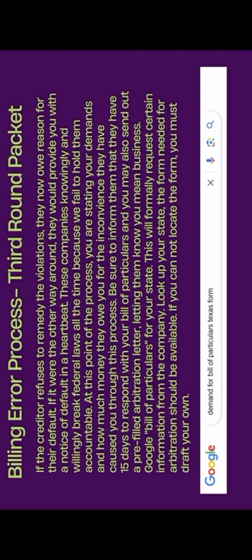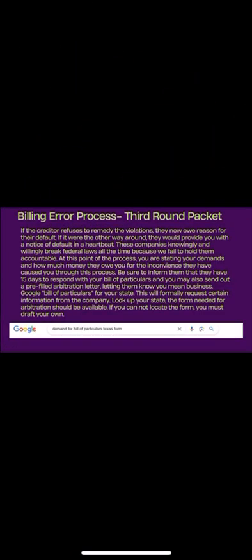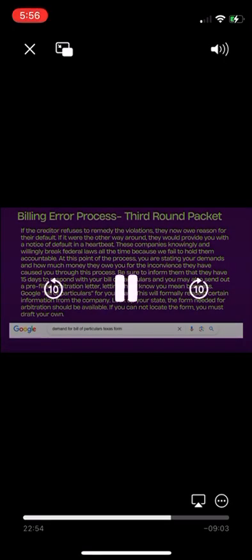At this point in the process, you are stating your demands and how much money they owe you for the inconvenience they have caused you. Be sure to inform them that they have 15 days to respond with your bill of particulars,